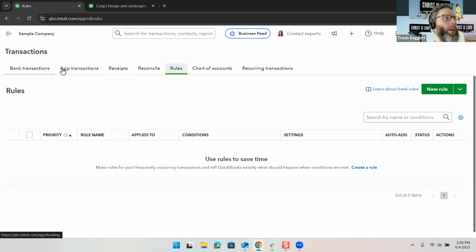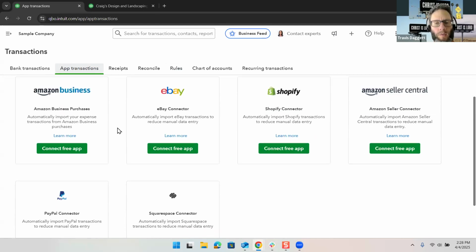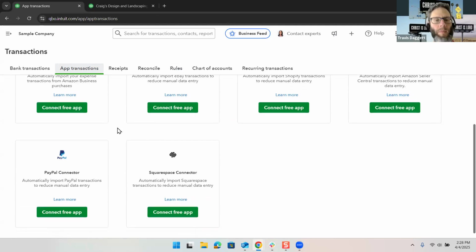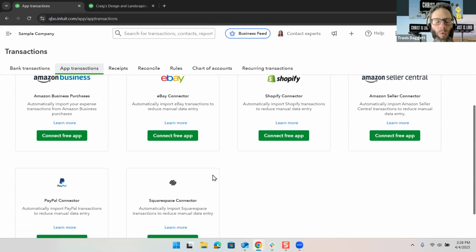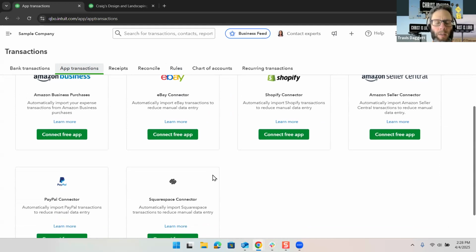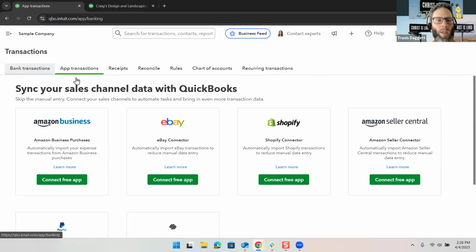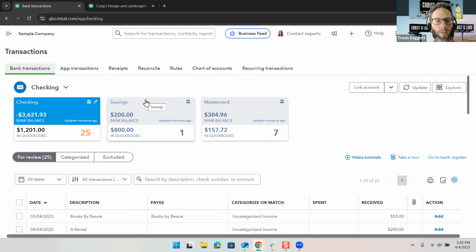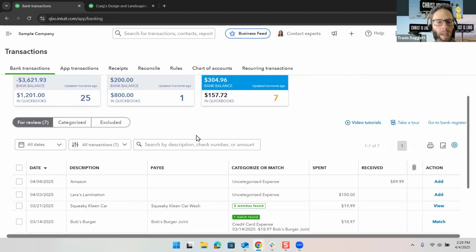Next thing you want to do is check the app transactions. Of course, sometimes there will be apps connected, sometimes there won't. Sometimes there'll be apps connected and they won't show here where you can see them and work with them. They can have an app connection where the transactions will be showing up in QBO, but you don't see the connection here. Just depends on the app. And bank transactions you're always going to have. So I'd recommend starting with the credit card and